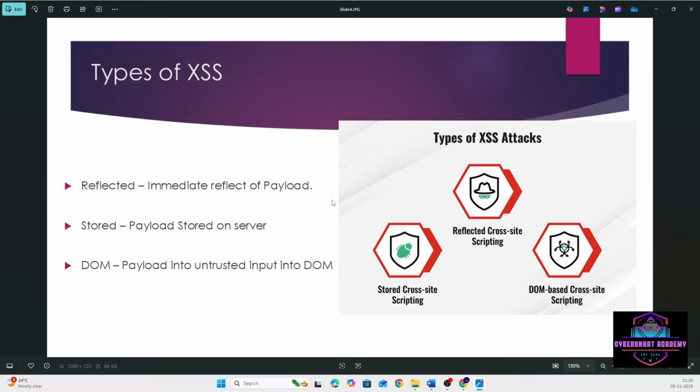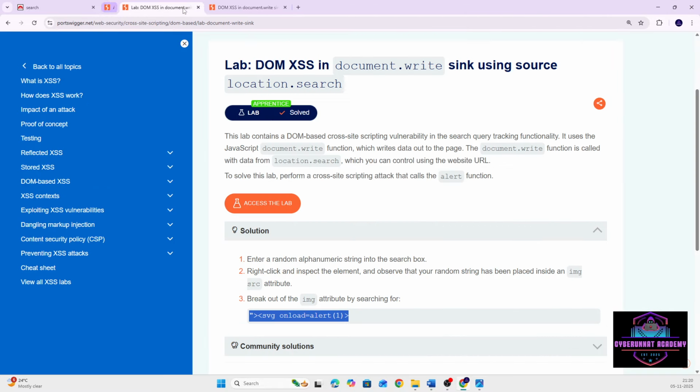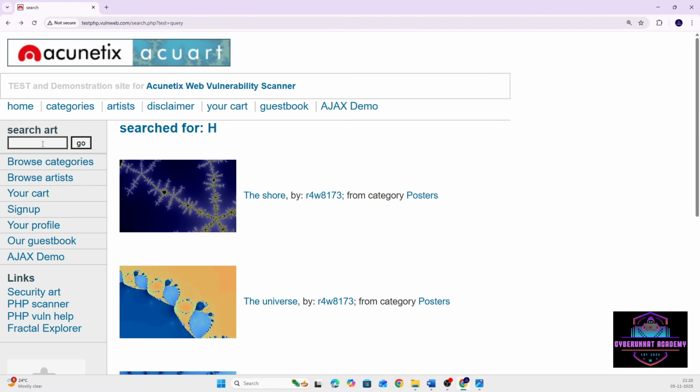Okay, so now the solution for cross-site scripting. Never trust user input and never show it back to the user without cleaning it. Let's take an example of this first site. We are adding H over here, and it's searching for H. H is over here, H is over here. So this is the expected behavior. But when you are entering a script,